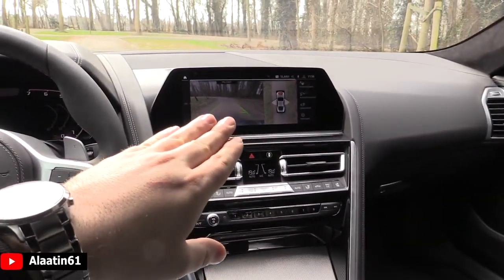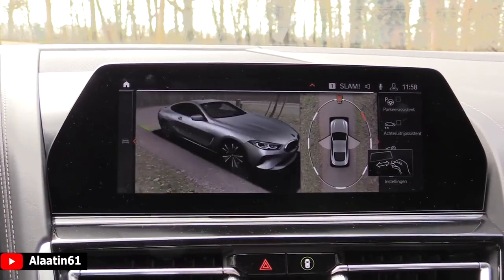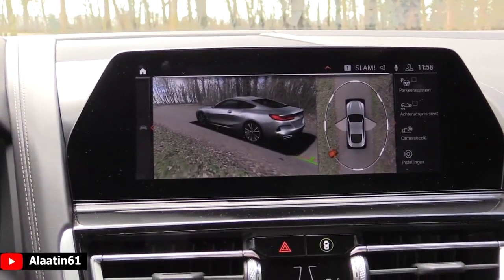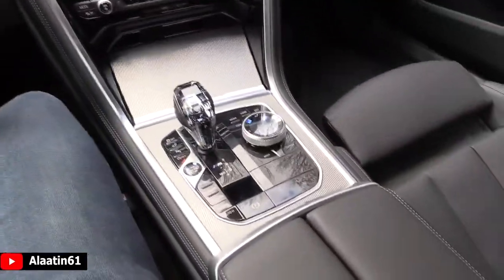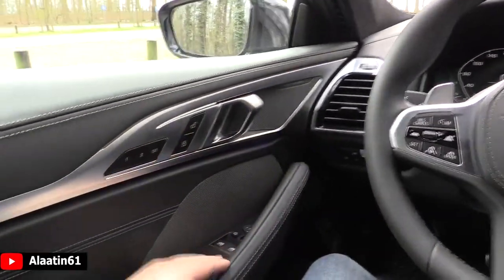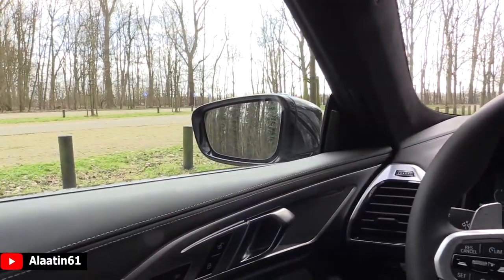This is a 10.25-inch touchscreen iDrive 7 system, and what I really like is you have a 3D view around the car, so you can look around the car live at any given moment. You can also buy the 8 series with the gesture control. The climate control settings are new, the gear lever is new, which I will go over in a minute. The instrument cluster looks good. You have the Harman Kardon sound system, which is extra, the memory seats, the ambient lighting of course, and you have the blind spot assist in the mirrors, folding mirrors of course,